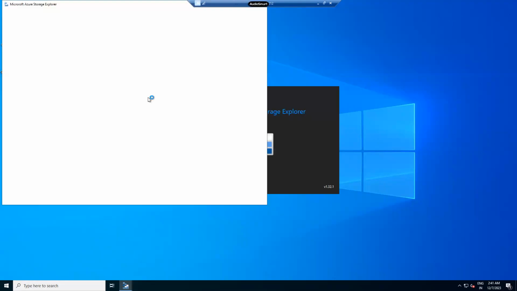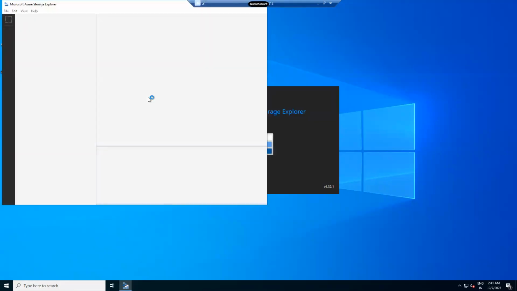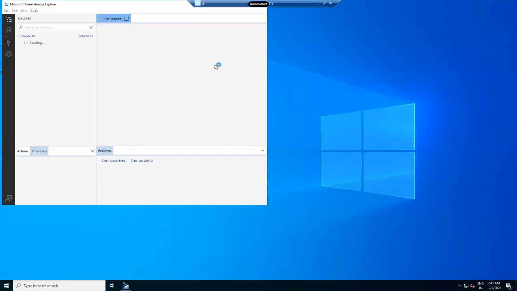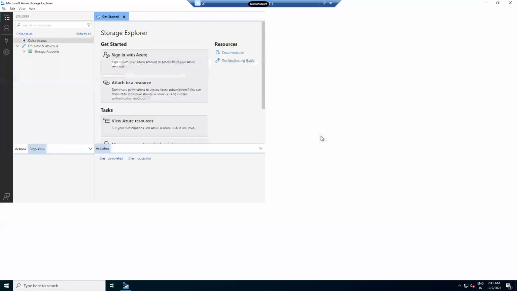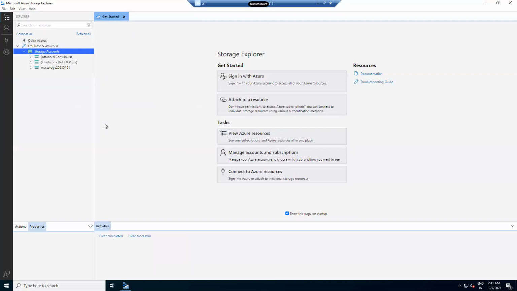So what is the Azure Storage Explorer? Azure Storage Explorer is a free tool from Microsoft. Using that, we can perform all storage account related operations. Okay, open it, expand the storage accounts. Here we have already connected what? My storage